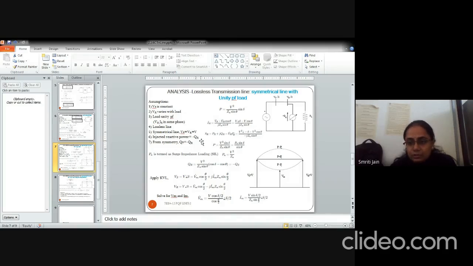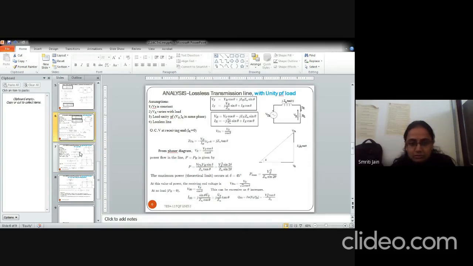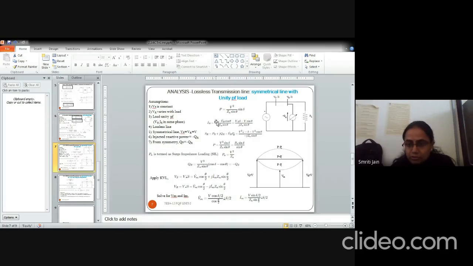So if you find out the total power flow in this line, it will be given by this equation. Current flow on the line is Vs minus VR cos theta by j Zn sin theta, from the equivalent circuit we drew in the previous slide, like this. Vs is now at an angle delta, because there is a load, so let us say the angle with the load is theta. So it will be V cos theta divided by j Zn sin theta, because it was the equivalent impedance between